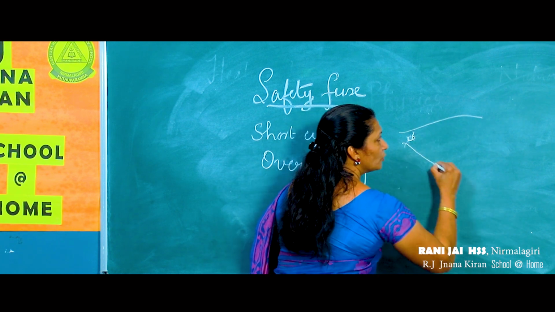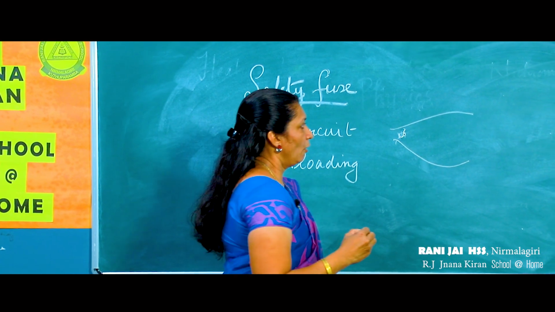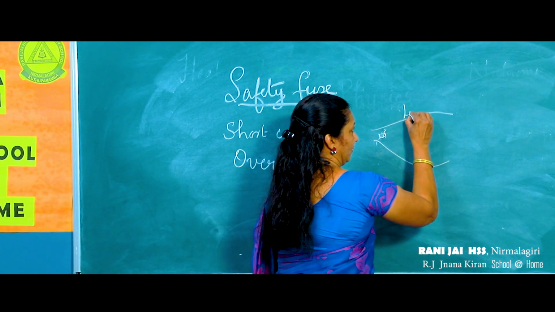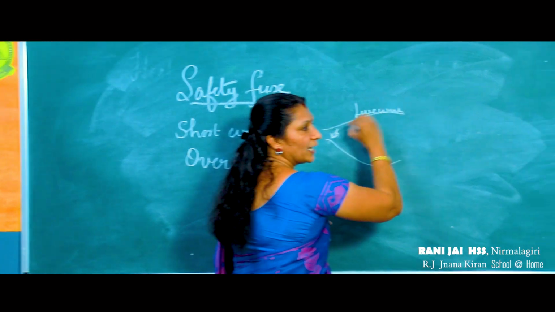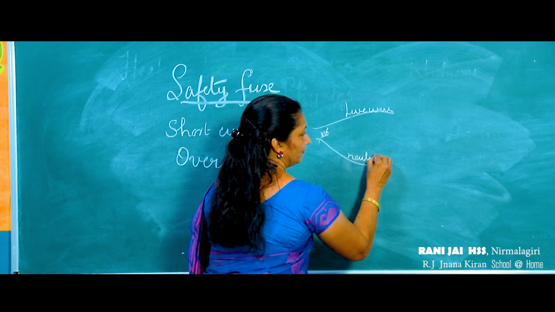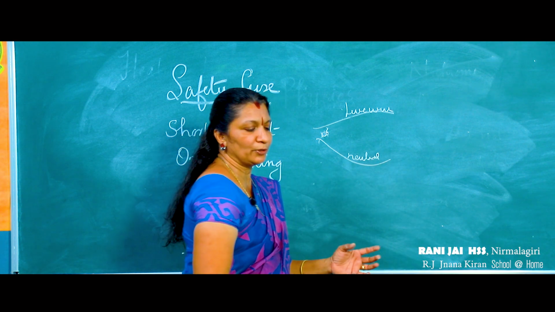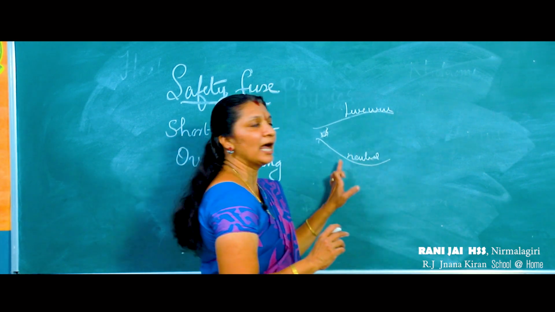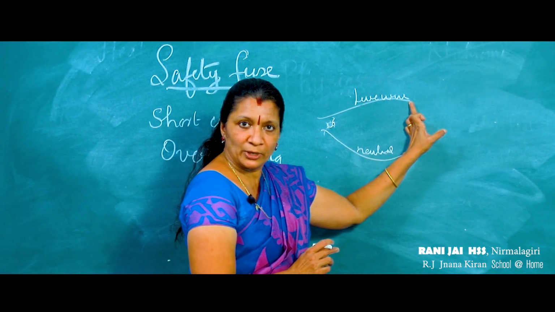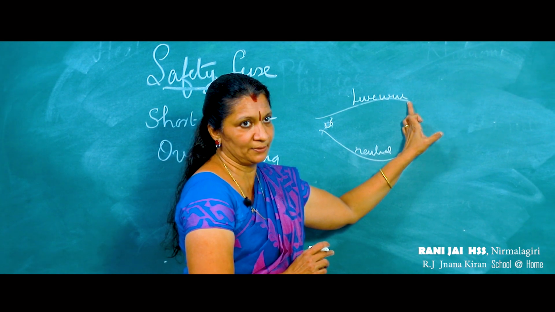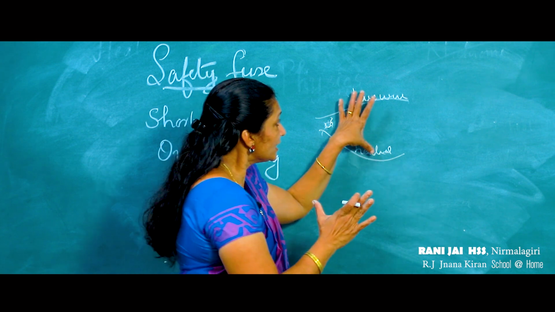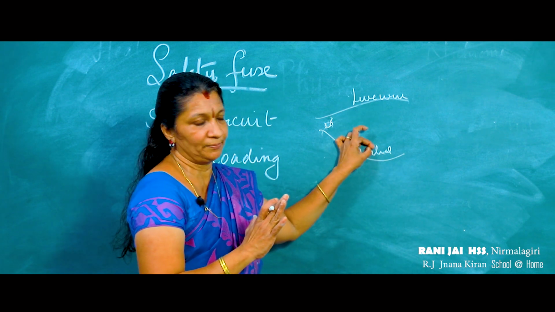If you have two wires like this, already you know two wires are present. One is a live wire. Live wire means the wire through which current passes. And another wire is called the neutral. Usually in any device you will have one live wire as well as a neutral wire, and these will be well insulated. I think all of you know what insulated means. It is covered with a non-conductor so that these wires do not come into contact with each other.